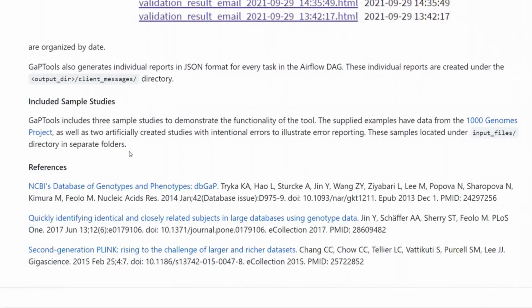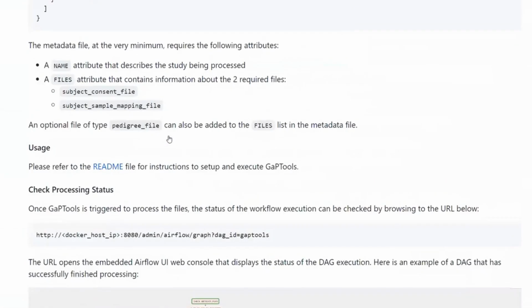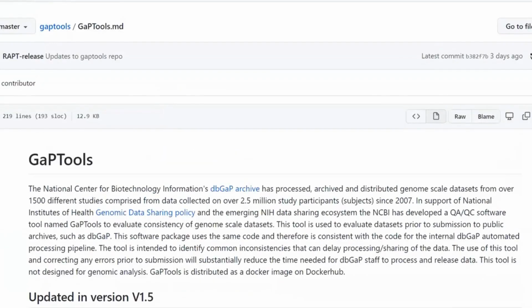And then we've included some sample studies, one without validation errors and a few with validation errors. Those are all based on the 1,000 Genomes project. So there's also a link to what the 1,000 Genomes project is right there. So going back to the previous README file,